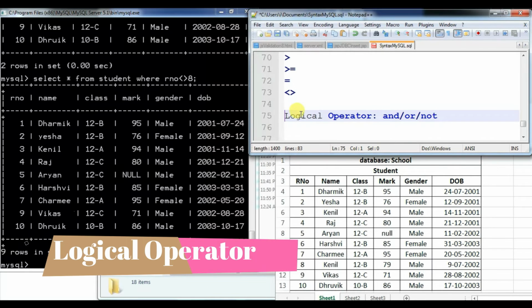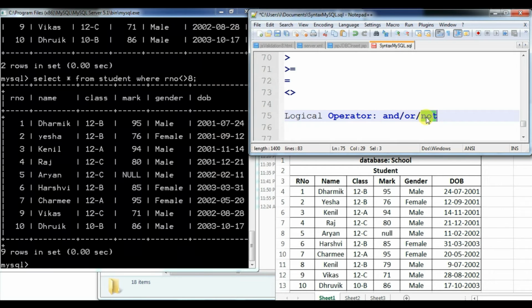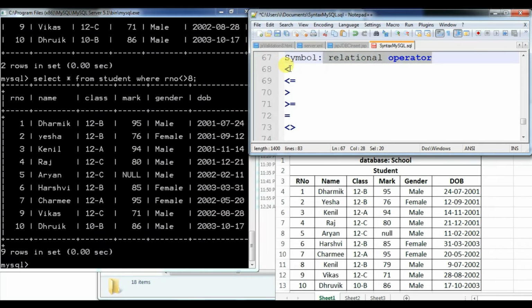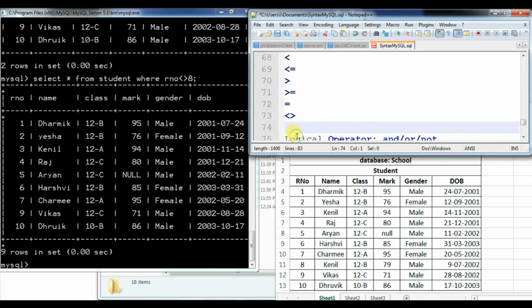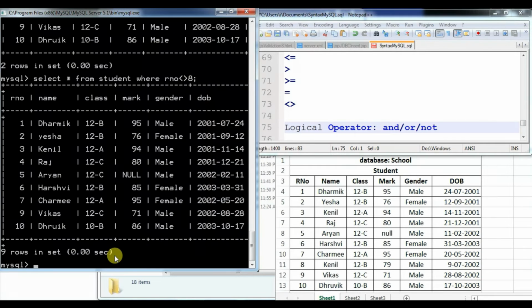And now the logical operators. Basically, there are a total of 3: and, or and not, that are included in the logical operators. We had already seen the relational operators that are less than or equal to, greater than or equal to and not equal to. Now when to use a logical operator? Suppose you have more than 2 conditions to combine as per some rules or expression, you can use a logical operator over there. So if you want to combine more than 2 conditions, then you can use the logical operators, that is and, or and not. As for the syntax, let's see how you can apply logical and.